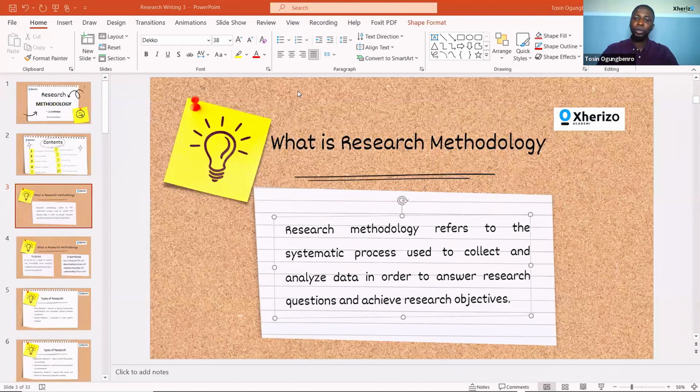So, research methodology refers to the systematic process used to collect and analyze data in order to answer research questions and achieve your research objectives. When we are looking at your work and we go straight to your methodology, it should be able to systematically walk us through the process you intend to use to achieve your research objectives. It's going to talk about your research design, your research approach, your data analysis process, your data collection process,